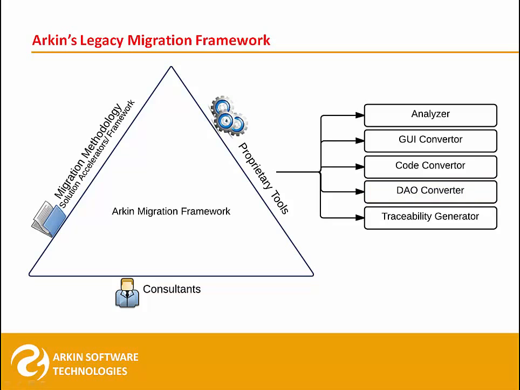Besides these, there are two extremely important tools. The first one is the Analyzer. It is this tool that helps us even if there is limited or non-existent documentation and application knowledge. This tool dives through legacy code, builds metrics and relationships to help our team understand the legacy complexity and accurately estimate the migration effort. The other important tool is the traceability generator. It maps legacy and auto-converted code blocks in a spreadsheet. It serves as a beacon for consultants to look out for code blocks that need manual attention.